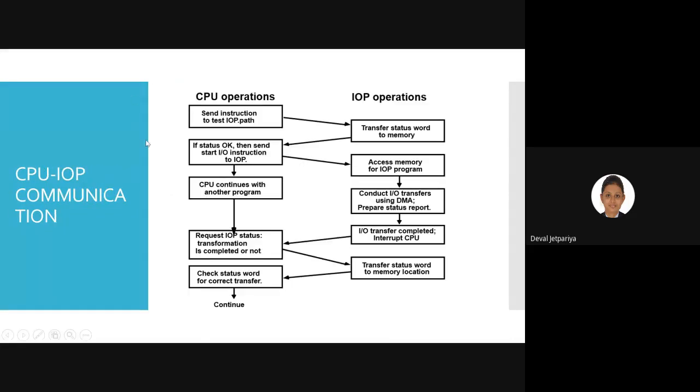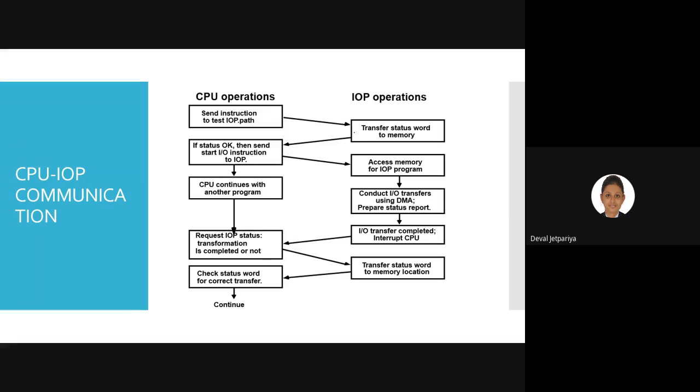Now today we'll see how we can establish the connection between CPU and IOP, and what types of communication will be held at the time of IOP and CPU working. Again, CPU and IOP are two types of processor, and here we'll directly communicate these processors with the memory, right? So that is a kind of DMA visualization that will take place.